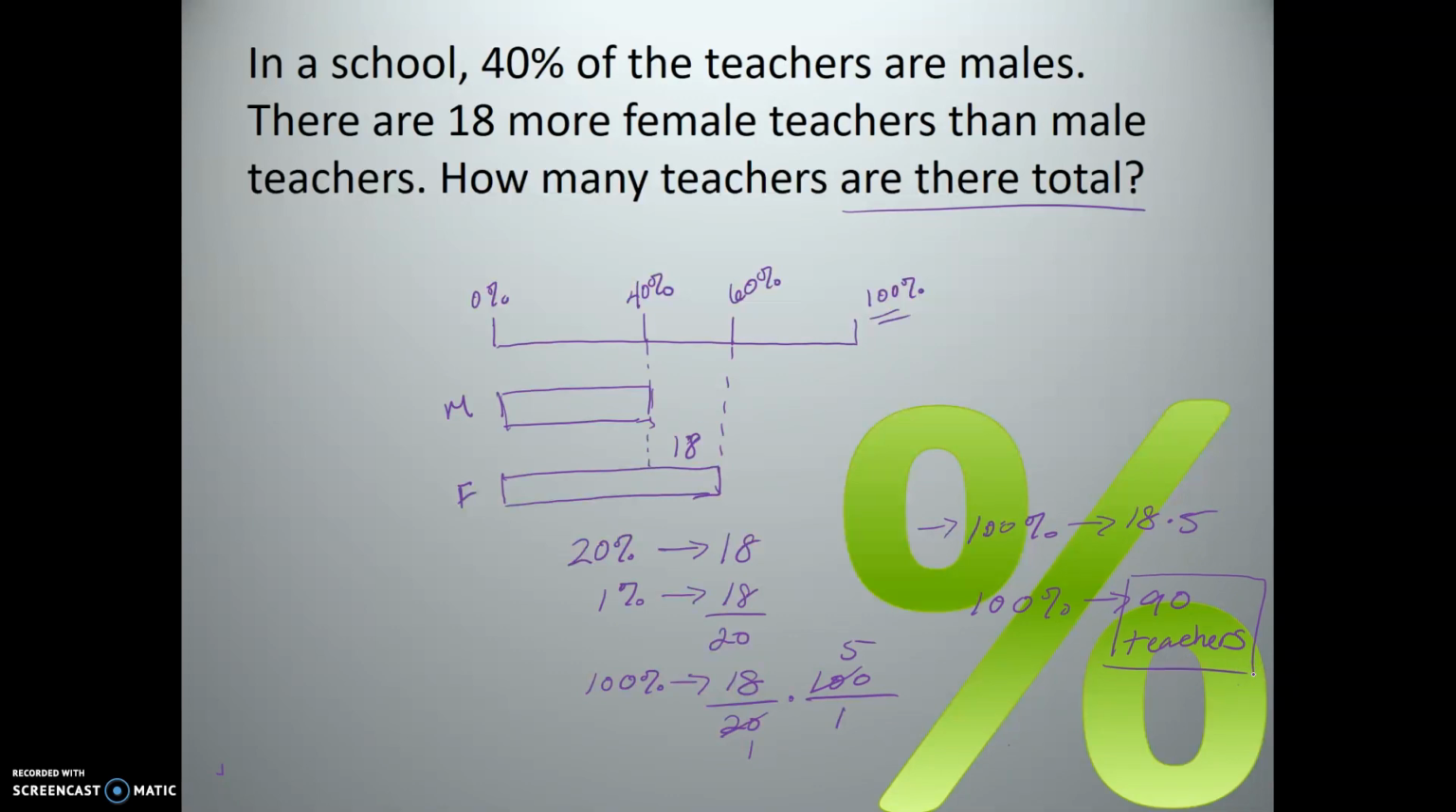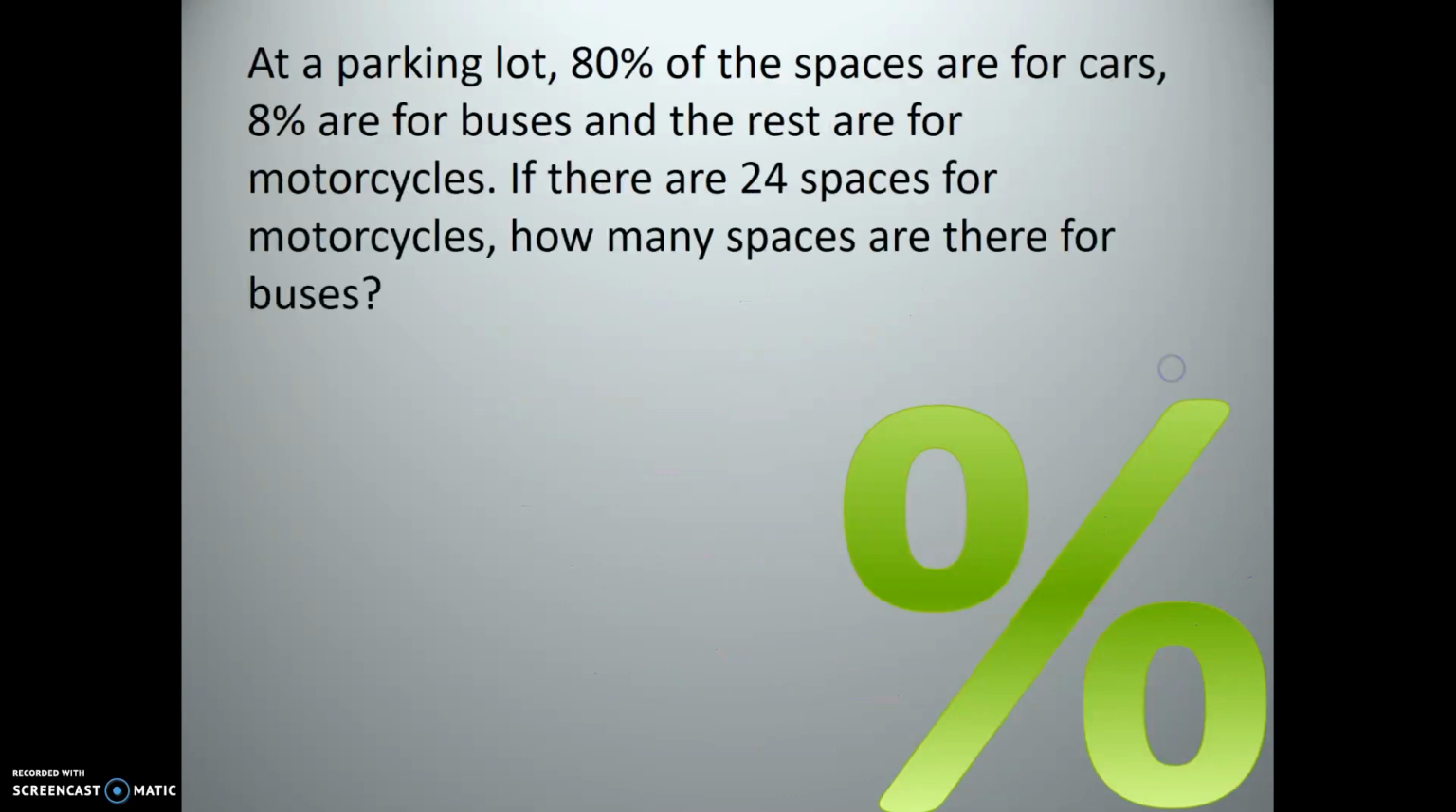teachers. So you guys can see how we can pick apart these word problems, and they can seem really complicated, but once we start drawing models and just doing things one piece at a time, they really aren't that complicated, are they? All right, the next one says, at a parking lot, 80% of the spaces are for cars, 8%